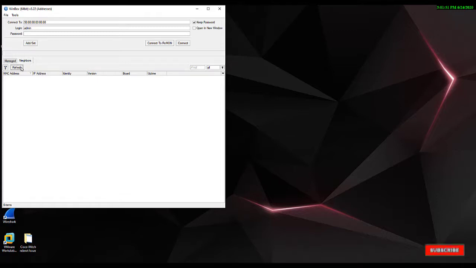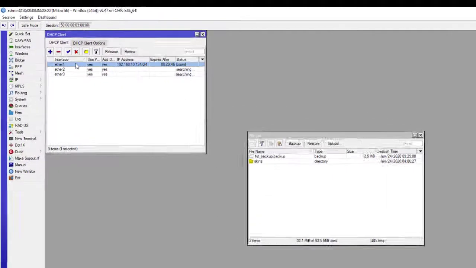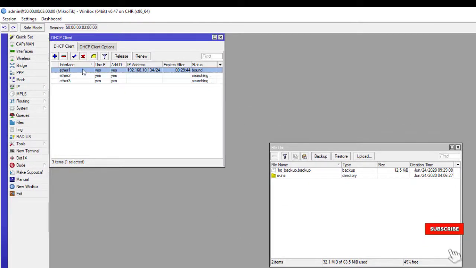After 1 or 2 minutes it will start, and we will check again whether the configuration is coming or not. So we need to wait here, and now it came up in Winbox. Just connect to it, and now here you can see our previous configuration came back again. So this is our backup file now.